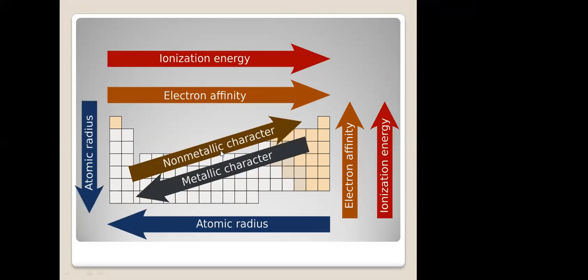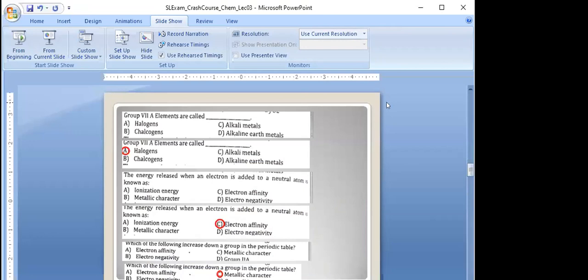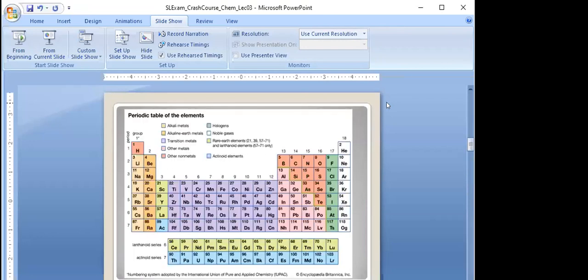What does it mean? The metallic character is going to decrease as we come down this side of the table. So the elements on this side of the periodic table are going to be more non-metallic in nature. Metallic character is going to be very high in this area. Let me show you the previous slide with the periodic table. You'll be able to understand better. See this now?